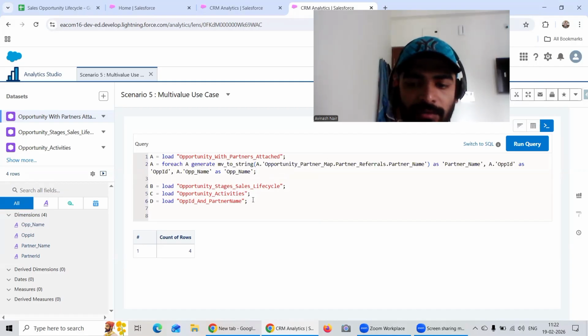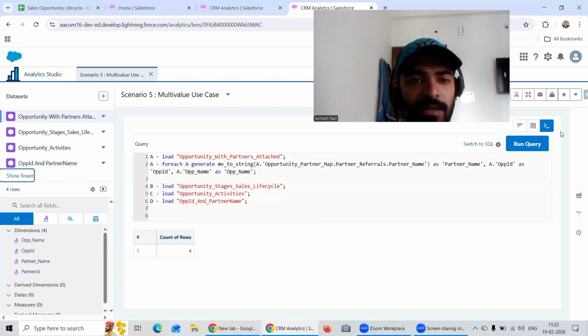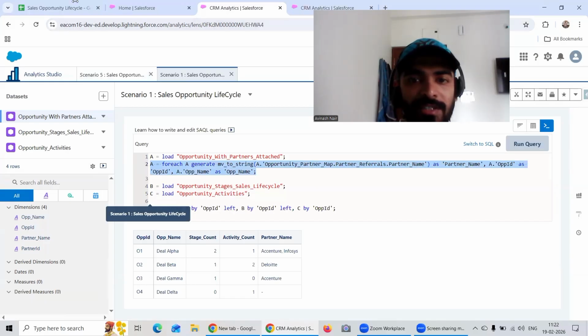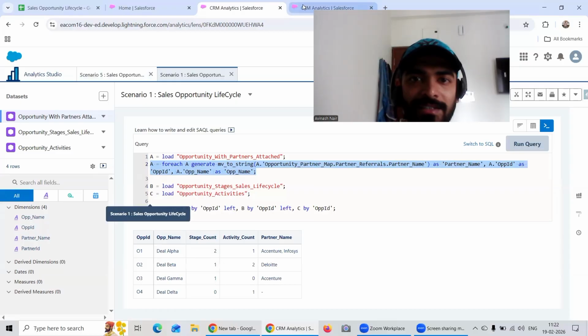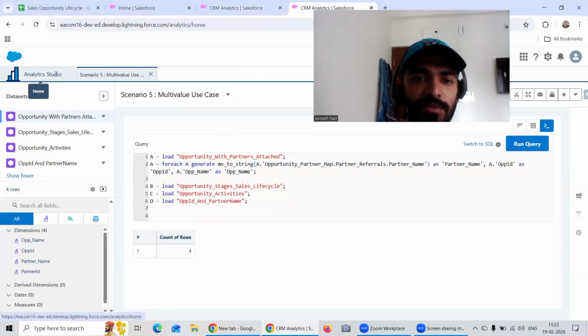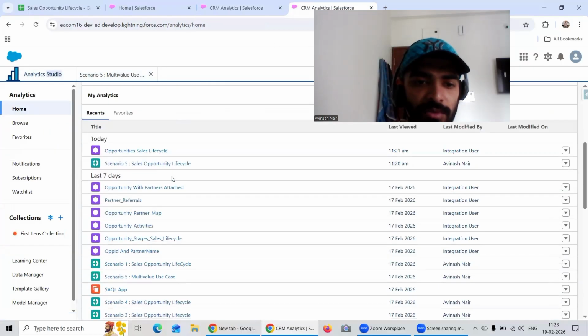And I have to also generate the partner name for D as well. That is the OP ID and partner name, because that OP ID and partner name contains the complete information for the O7. So if you read the instruction properly, here we need O7, right? For O7, I cannot bring it with the recipe because it's there only up till 4. For O7, I have to bring that opportunity and partner map which we did, because that contains the opportunity related to O7. So if I just open that one, opportunity ID and partner name,